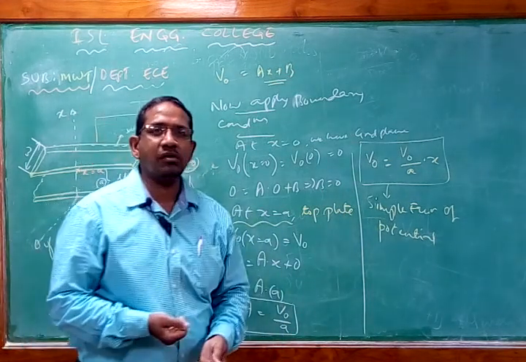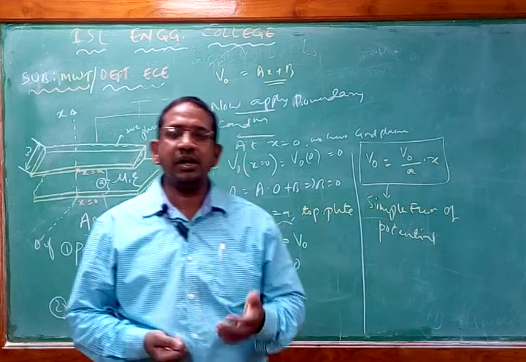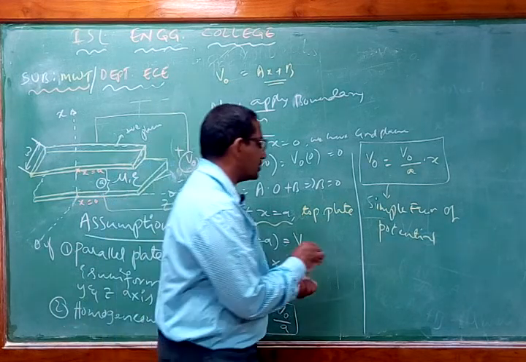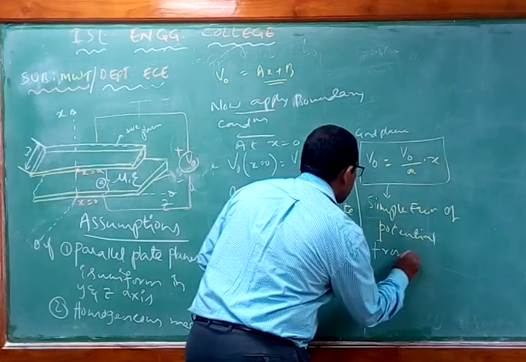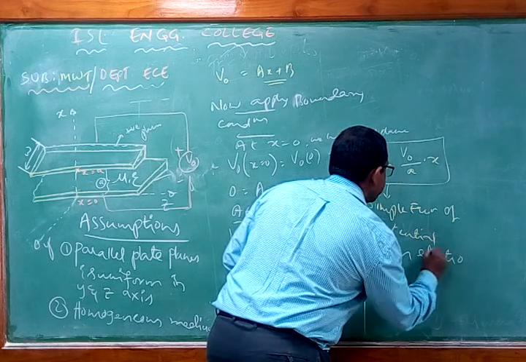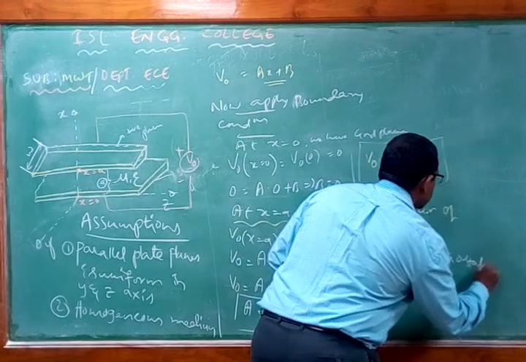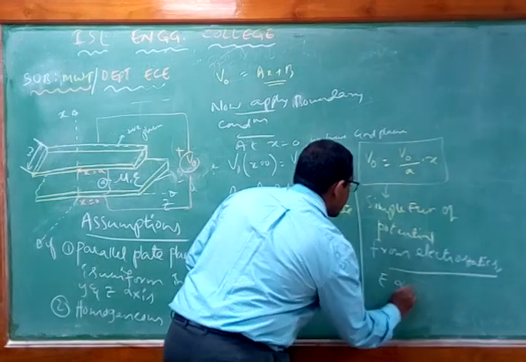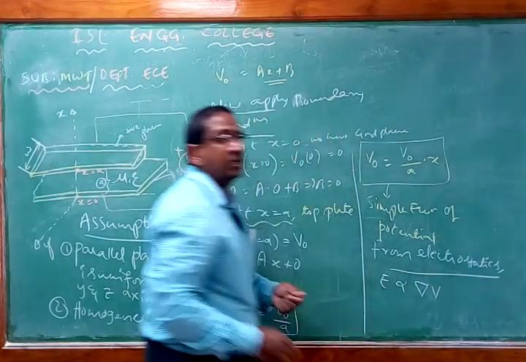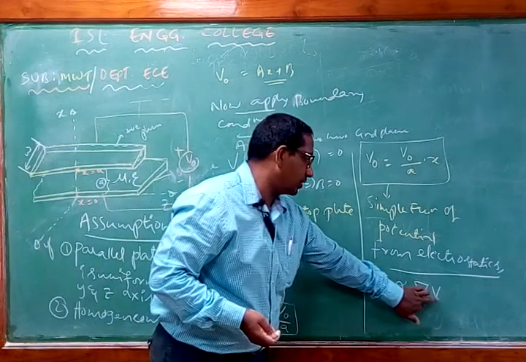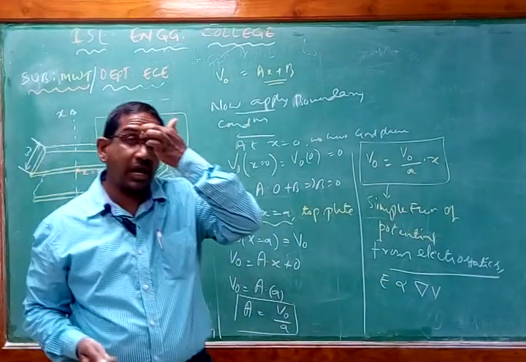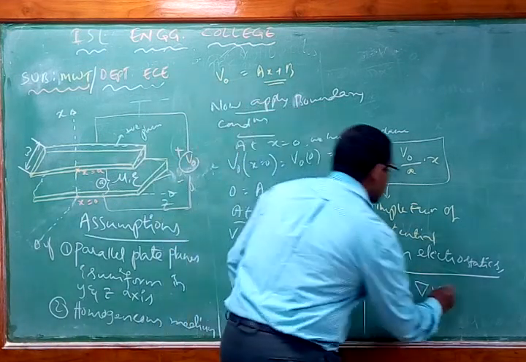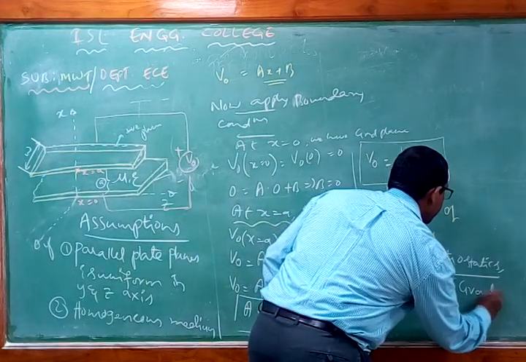What is the equation we have? Using electrostatics, gradient of potential is equal to the electric field. So from electrostatics, what we can write? E is normally proportional to del V. That means the gradient of potential is proportional to the electric field, from the electrostatics. So this is known as gradient of